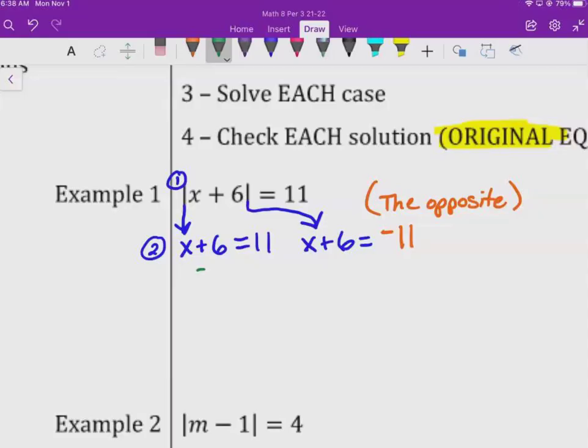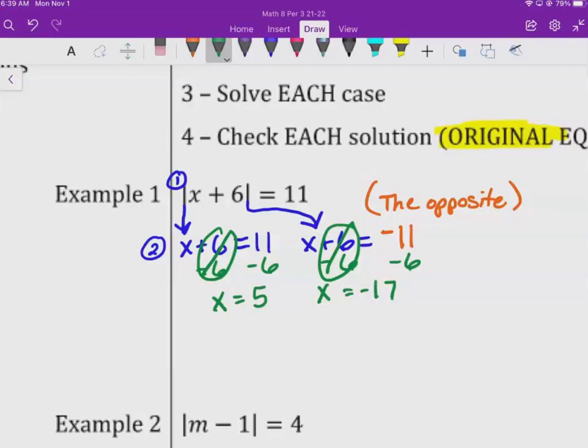So these are one-step equations. So subtract 6. You have 2 equations to solve, but you do the same thing all the way across. So x plus 6, that gives me a 0. So x equals 5. And x equals negative 11 minus 6 equals negative 17. Okay. So that was step 3, solve each case. Step 4